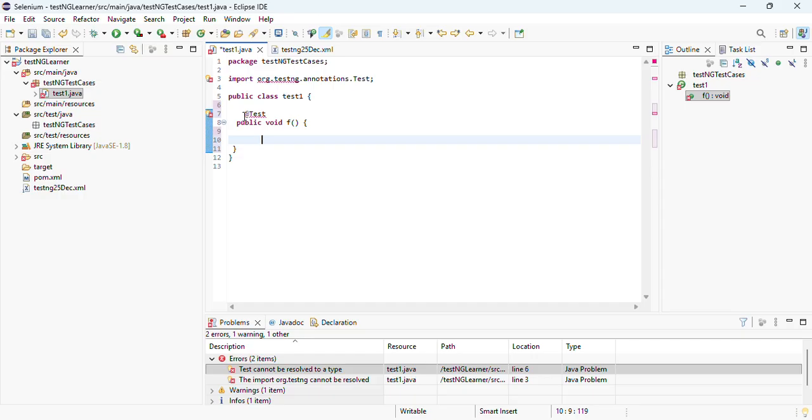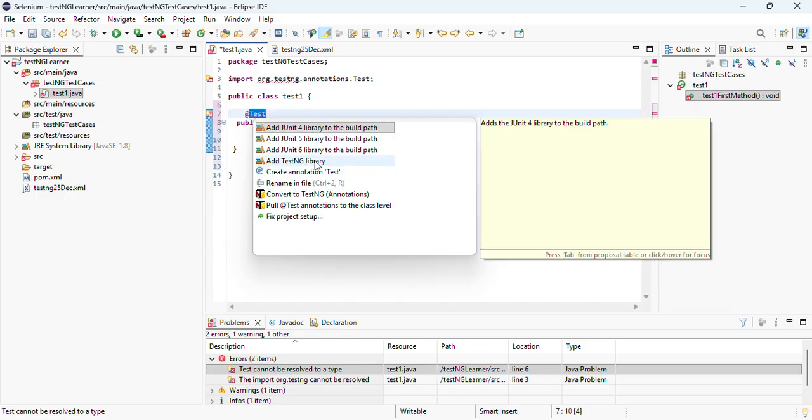That is, whichever @Test annotated method is there, right? So first method. So test1 first method. So naming convention alone, it will be easy for us to learn. So this is the first method in the test1 class that I have. And this is the test1 class. I can have as many test methods as I want. I can include, you can see the errors coming. I will show you how we can resolve it now. If you include import,